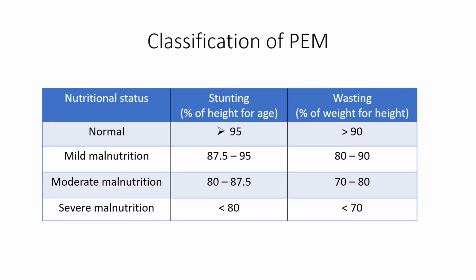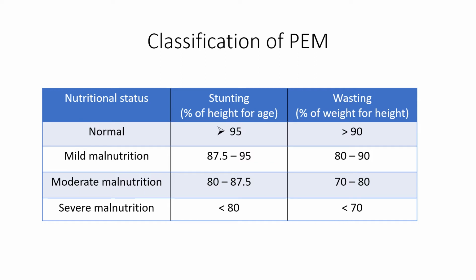This is the classification of the nutritional status based on whether the child is stunted or there is wasting. If the nutritional status is more than 95% based on the formula, then it is normal. If it is between 87.5 to 95%, then it is mild malnutrition. If it is between 80 to 87.5%, it is moderate malnutrition, that is with regard to stunting. Severe malnutrition is when it is less than 80%,